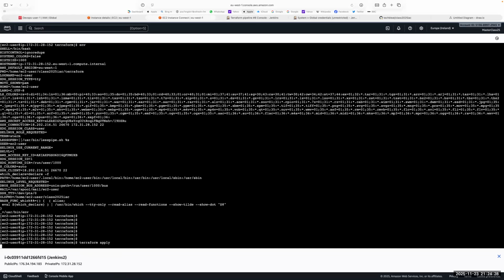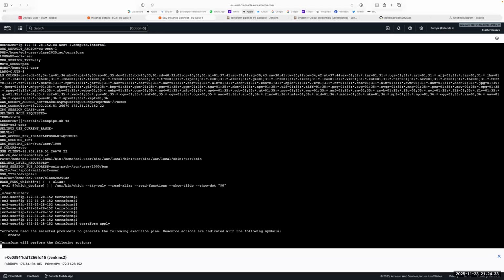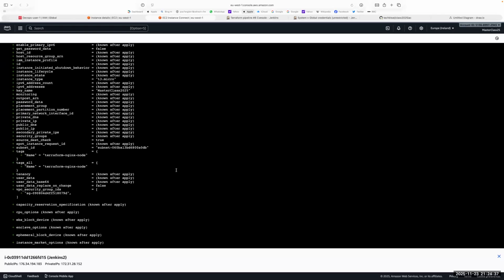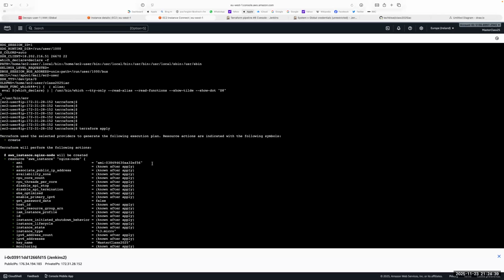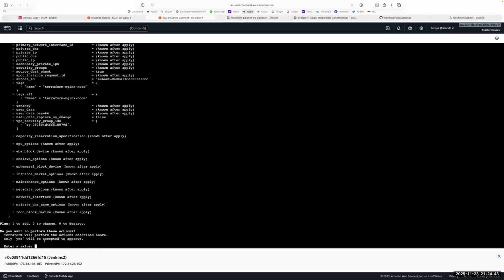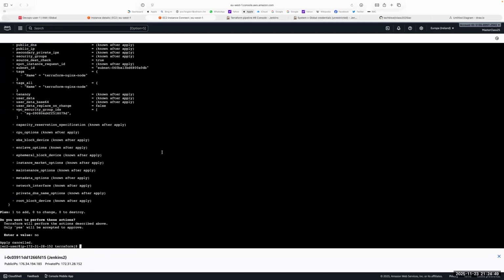Apply would do what plan does, but it asks you for confirmation before you go ahead. You can see this is what it's going to do, and then it will say, do you want to continue? And you will say yes, and then you will go. Let's say no this time, just to stop it. Now, we're going to do the same thing here, but there are two things we need to understand with the way